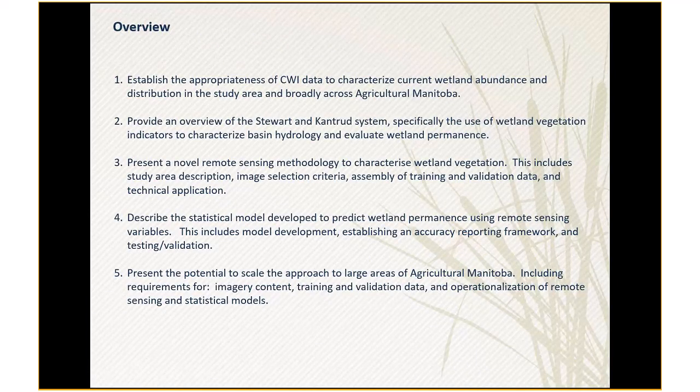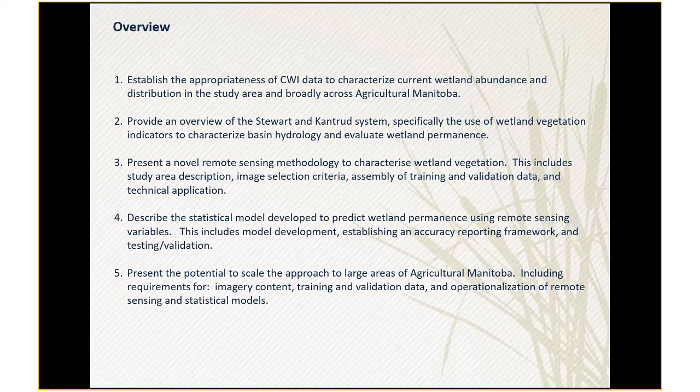So just first a quick overview of what we want to present today, and the structure of the presentation. Primarily our work has been in Manitoba, our testing area, and we're leveraging the current wetland inventory, the CWI. So really our objectives today are to establish the appropriateness of the CWI, to characterize the wetlands of agricultural Manitoba,